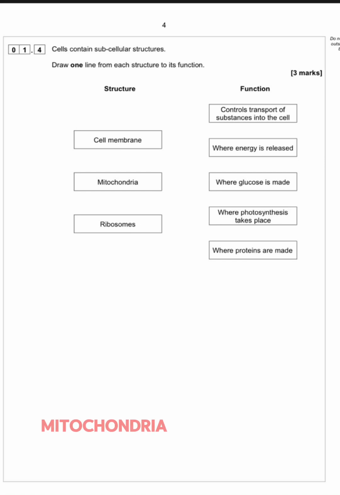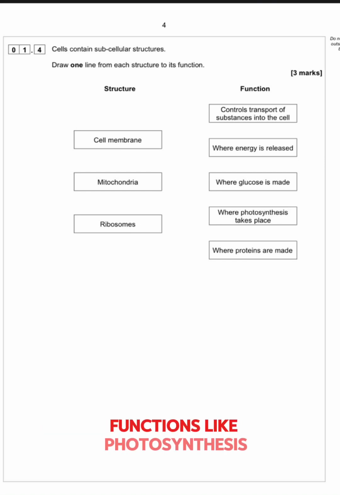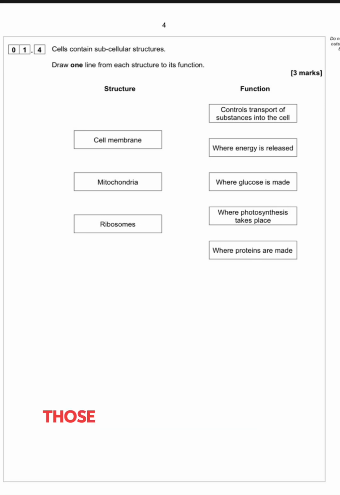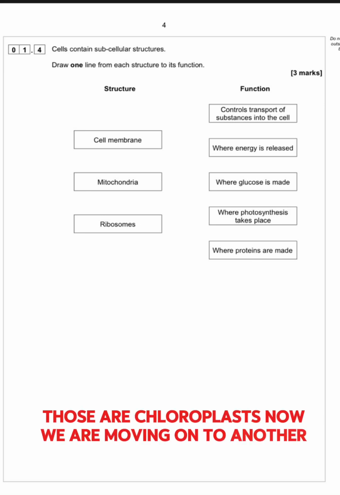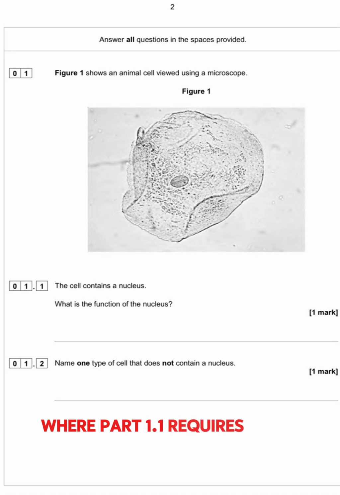into the cell. Mitochondria, where energy is released. Ribosomes, where proteins are made. Functions like photosynthesis, glucose made, are distractors. Those are chloroplasts. Now we are moving on to another question, where part 1.1 requires you to answer the question,